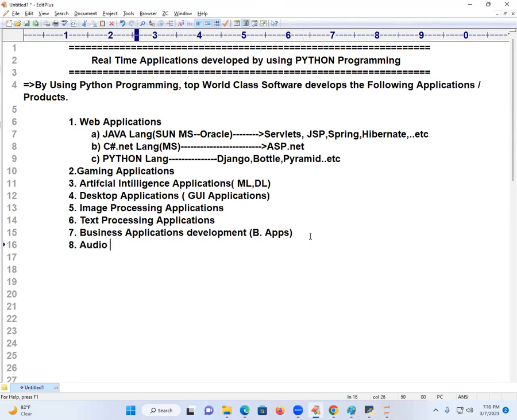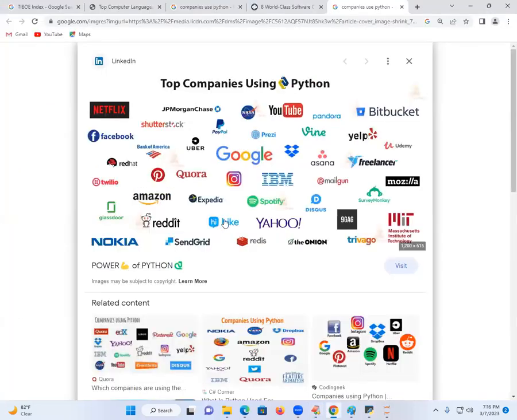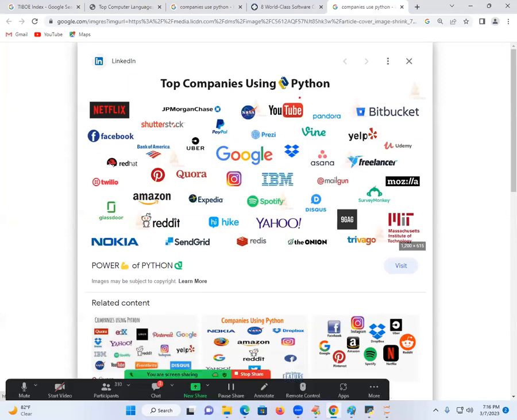Next I am going to write it. Audio and video based applications. As on today, take YouTube. YouTube is the best application. You see, YouTube is the fastest company, the first company to adopt which language? The best quality audio, the best quality videos. Earlier when YouTube began, buffering was coming. Nowadays the picture quality and the playing are so fast compared to earlier.